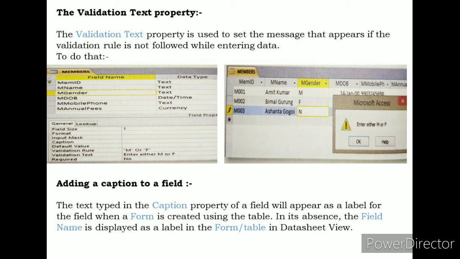First of all, open the member table in the design view. Click on the member ID field. In the field property section under the general tab, on the right of the caption property, type the caption as MEMBER ID and save the changes. You will be able to see in the datasheet view that the change has been applied as a heading.